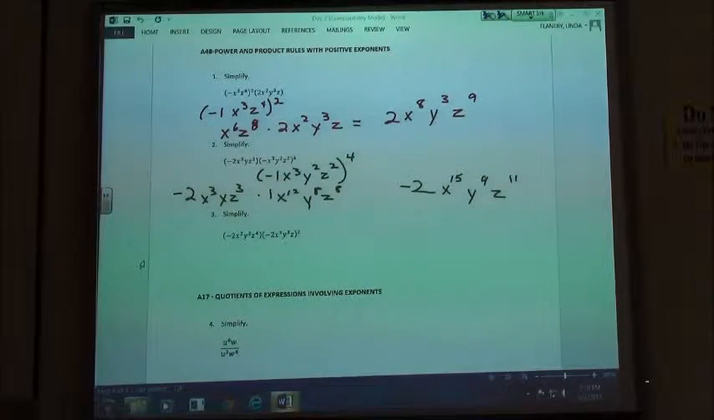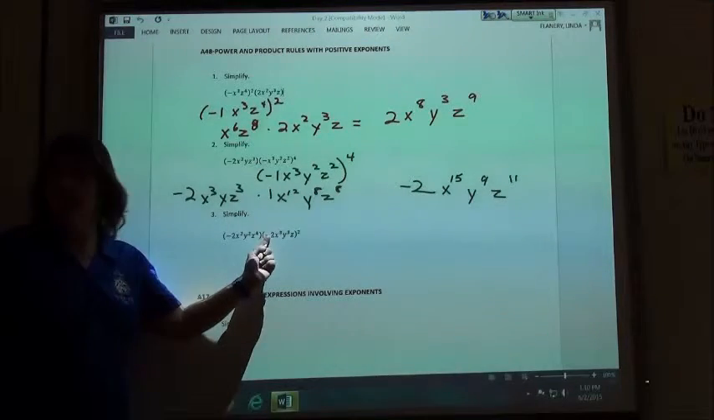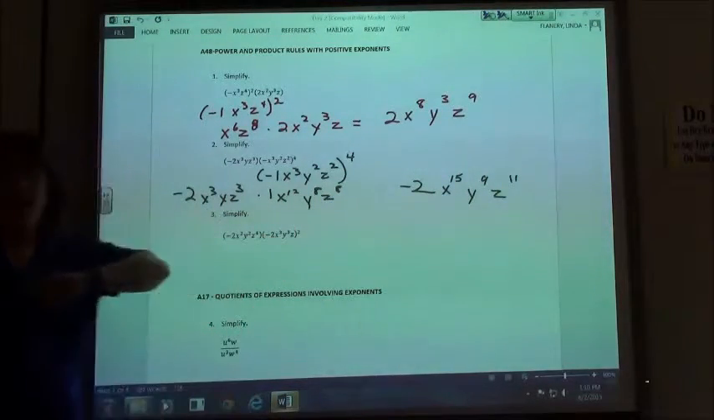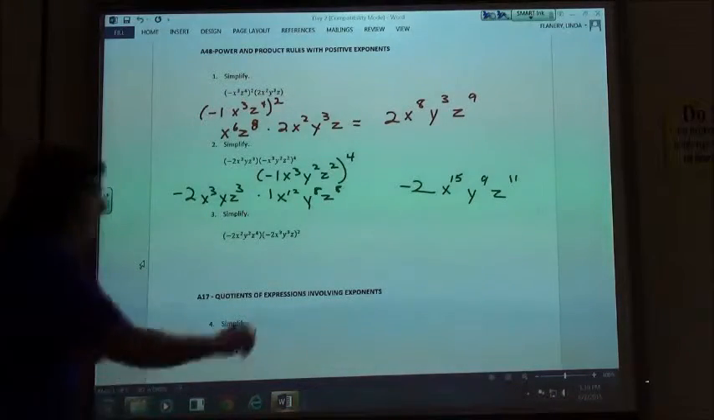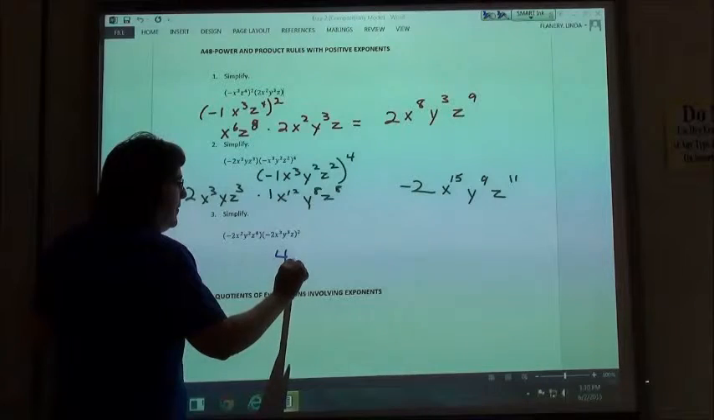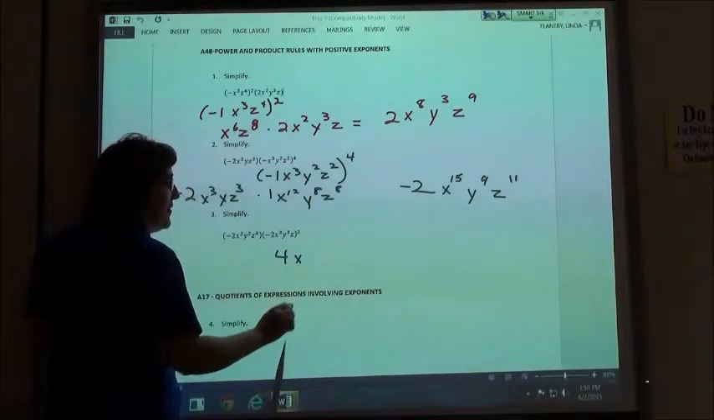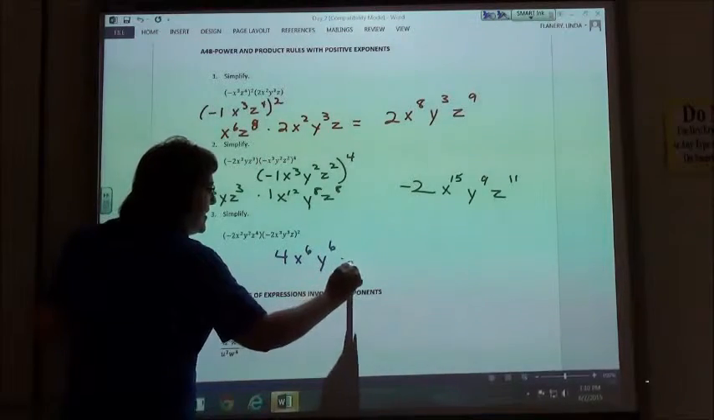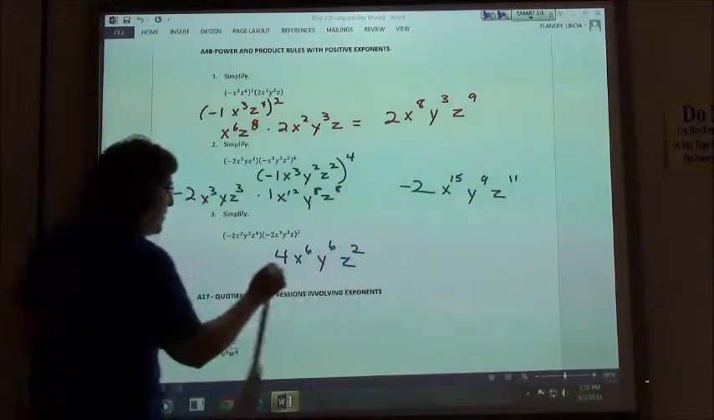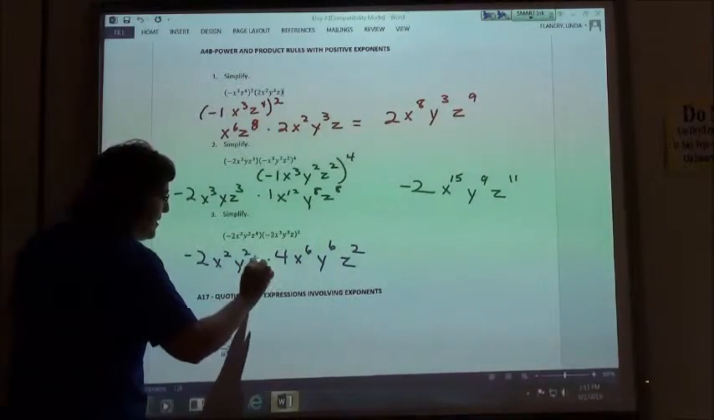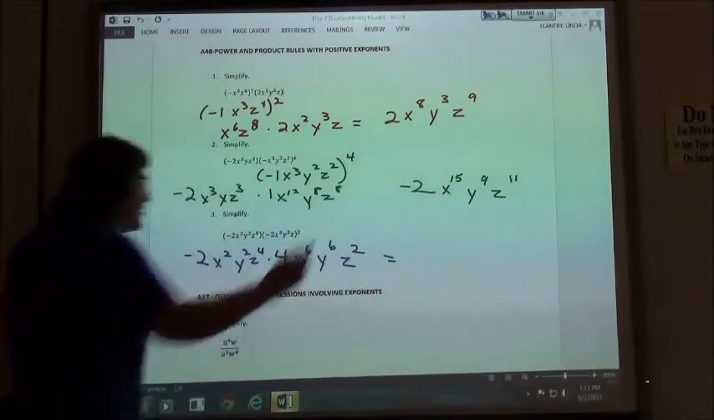So on that third one there, I'm going to do my squaring first on the outside. So this time they do have that number written there. It's -2. When I square -2, I get 4. And then I'll have x to the 6th, y to the 6th, and z to the 2nd. I'm going to multiply that by the -2x squared y squared z to the 4th. So my answer would be